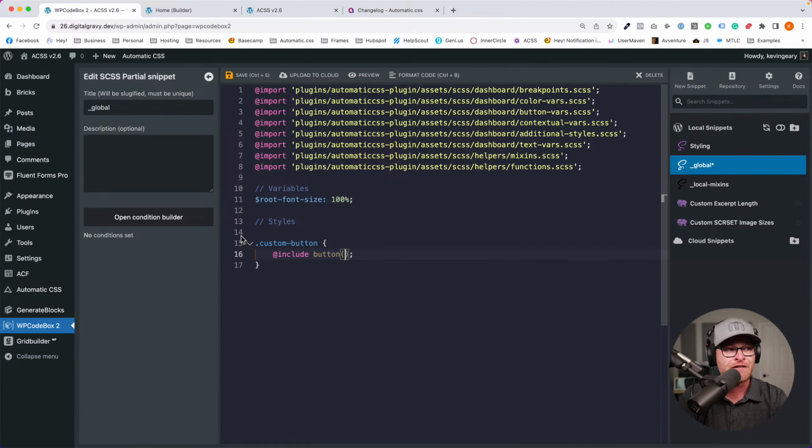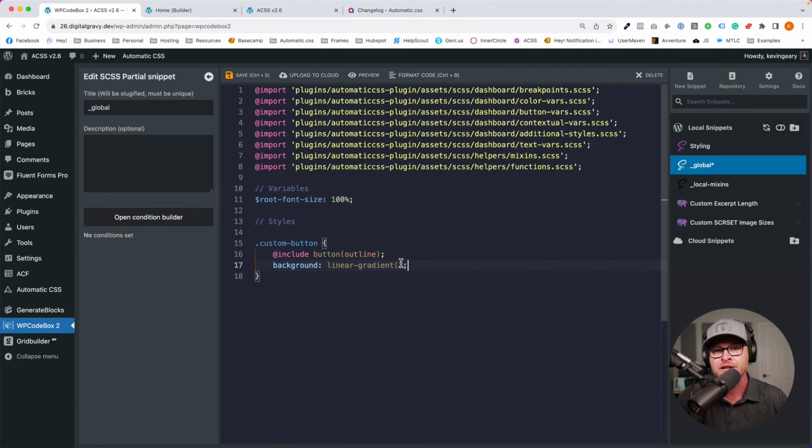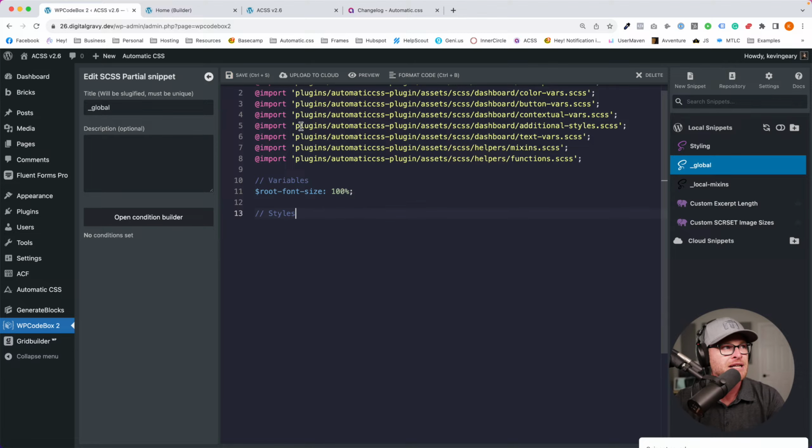And you have a choice here. If this is going to be a custom solid button, you can say bring in all the styles that apply to solid. If it's going to be an outline button, you can say this is going to be an outline button. Effectively, this writes those 12 lines of custom styles for you, and it allows you to just come under here and say something like background, linear-gradient, and then go off to do whatever you want from here forward. This basically pulls in all the global defaults, then you can put all your customizations right below it, and you can effectively create a custom button without any hassle whatsoever. So that is a really good mixin for those of you who like custom button type stuff.